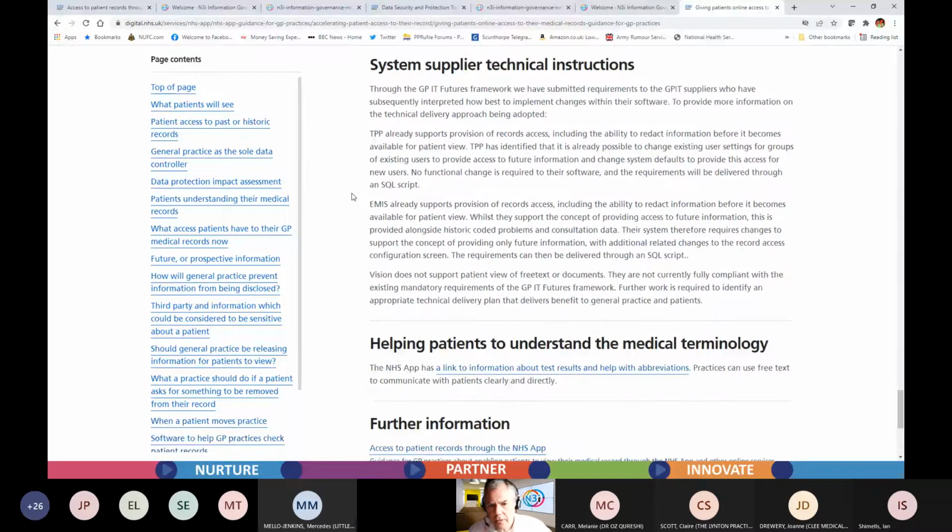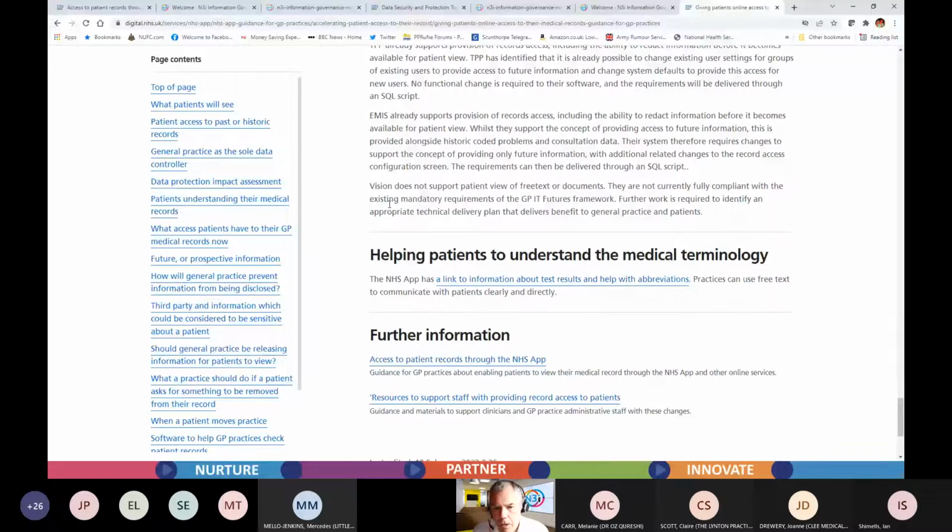System suppliers have done their technical stuff in the background, and I've got a note on my presentation here to say that there's actually nothing you need to do. My understanding, I've asked it a few times, is that this bit here is all the things that EMIS and TPP are going to do in the background, if you like. There's nothing that you guys will need to do on your local systems. At the point at which you get switched over, you'll be aware of it, but you won't actually have to do anything. Okay,